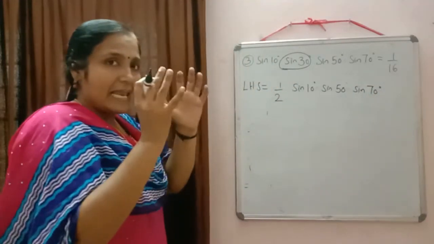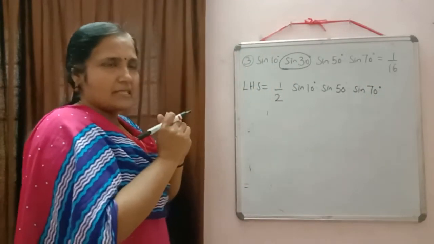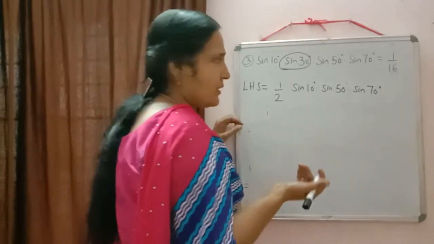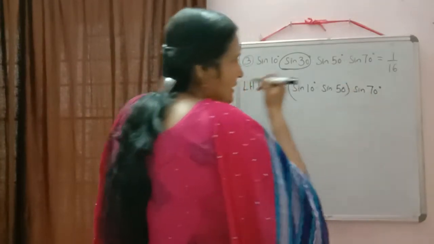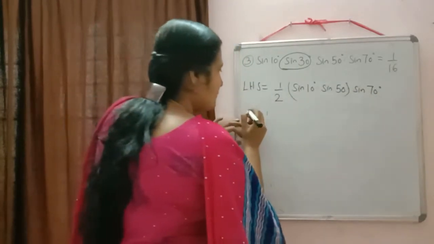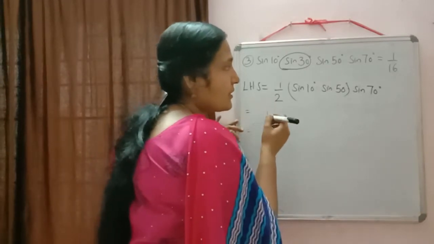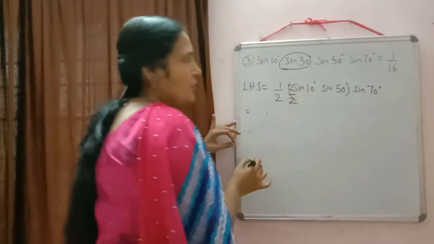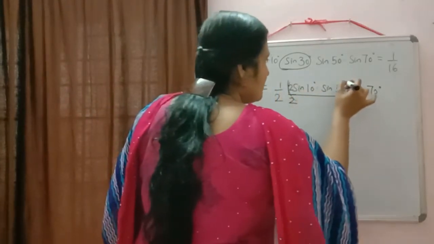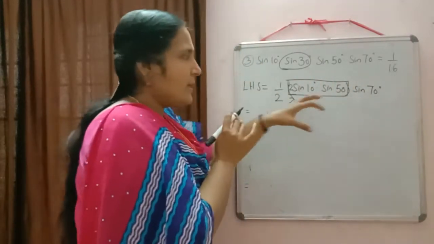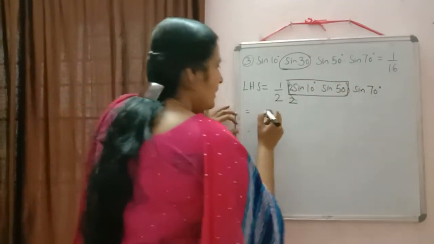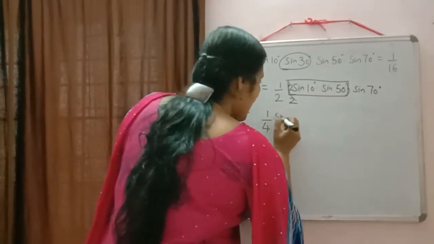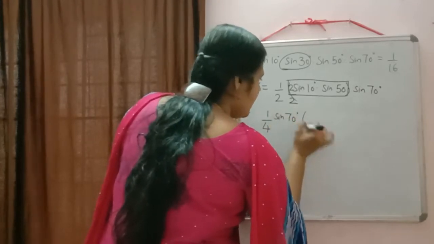Again we have to select two products to use the transformation formula. For our convenience, it depends on you which one you want to collect. So I am taking these two values. The remaining we will write together. Again to use the product, what do we need here? 2. So we will multiply and divide it by 2. So this much only we need to use transformation formulas. Remaining all the things we will write together. The remaining is 1 by 2 into 2, which will be equal to 1 by 4 sine 70 degree into